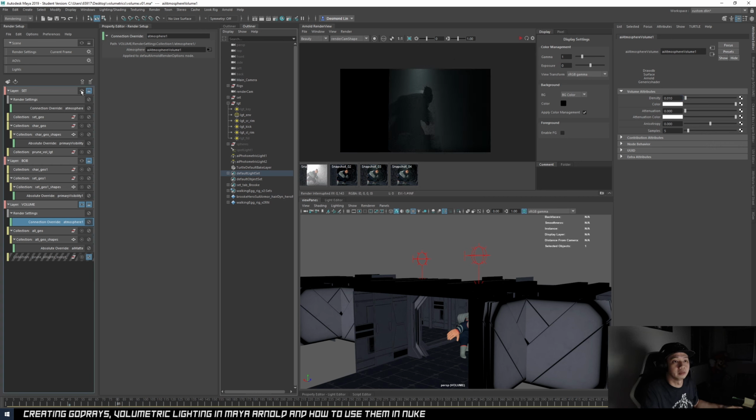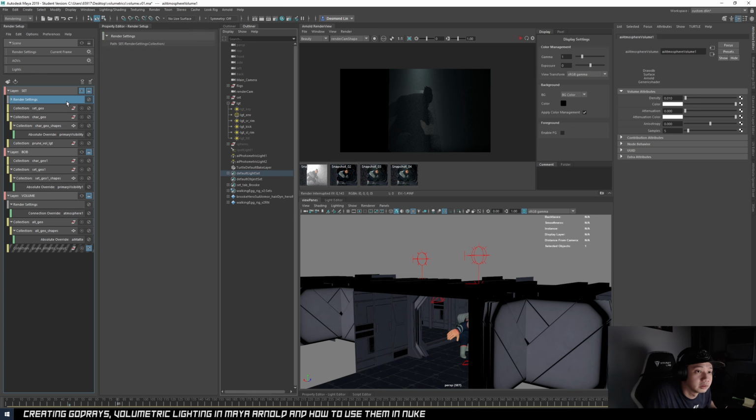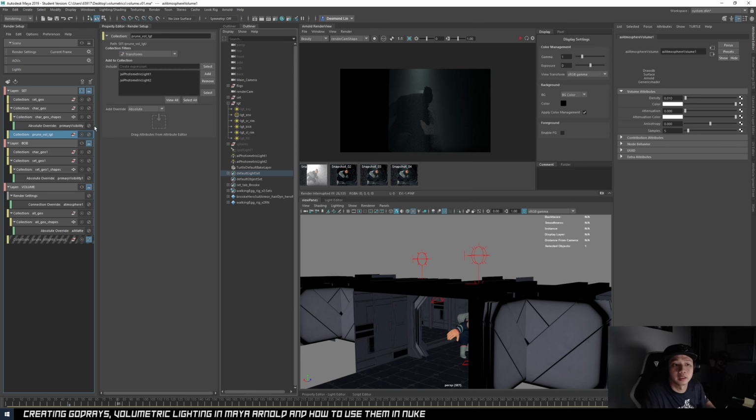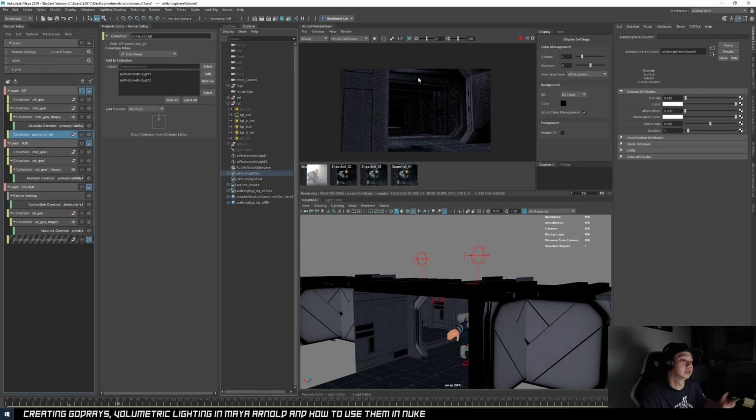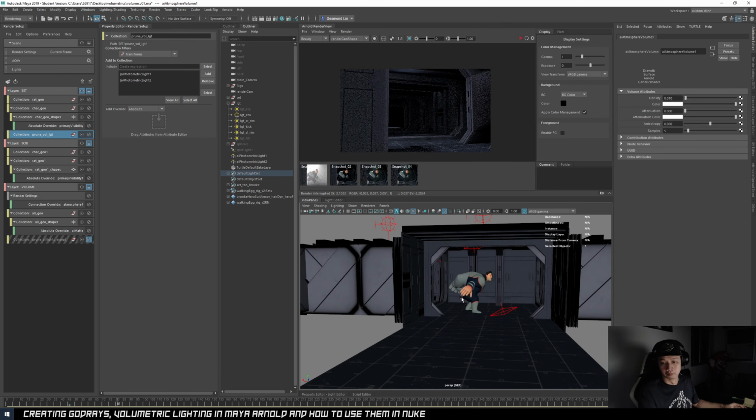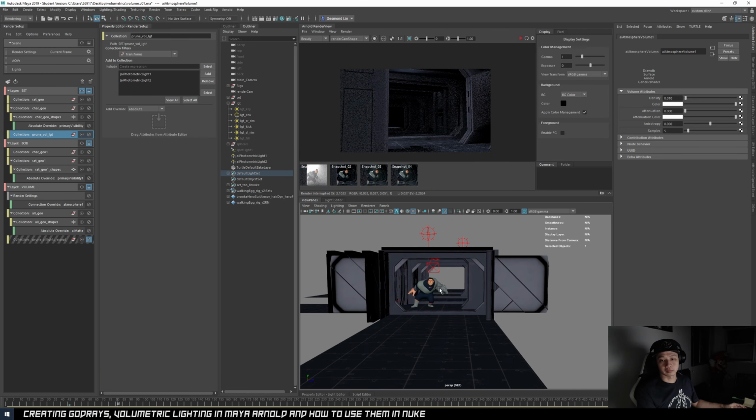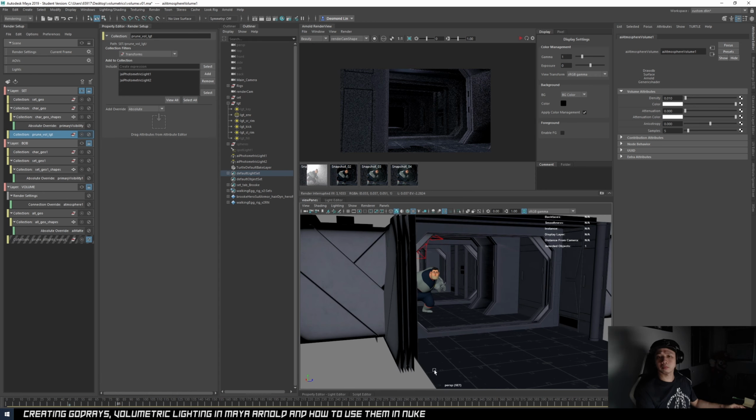And then if I were to render my set, I don't need this render setting anymore. Let me just delete this. Refresh. Now render, and I get my set as it is. Then after that, in Nuke, we will just plus the volume on top of our renders. I think that's it for today.